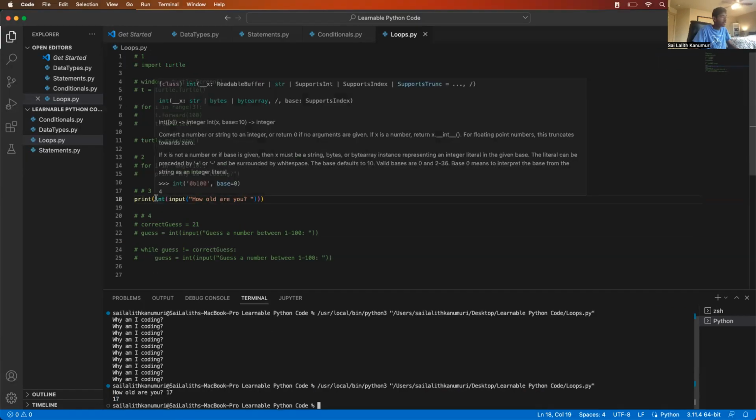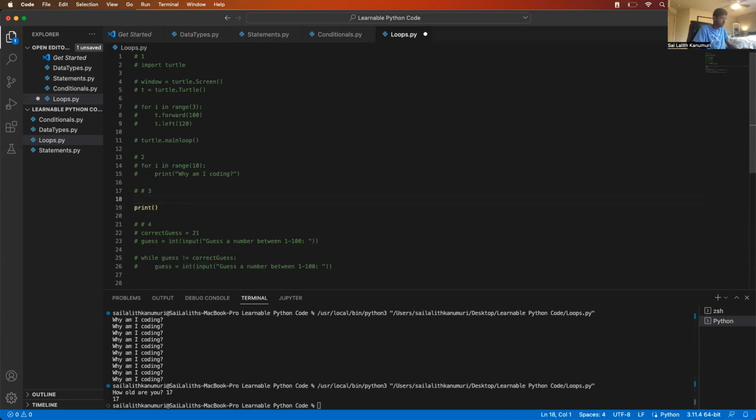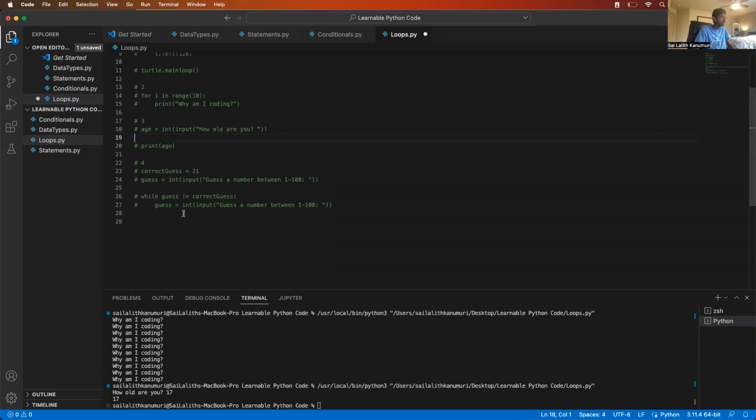So you're like, what? Like, this doesn't make any sense. You can just say age is equal to this and then just print out age, right? You can do the same thing and it'll have the same output. But you can shorten this to one line if you want to, which is what I did before. Okay. Hopefully that was pretty simple enough. We did this many times before. And for the final homework